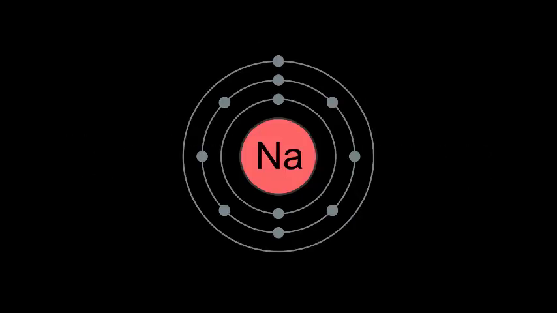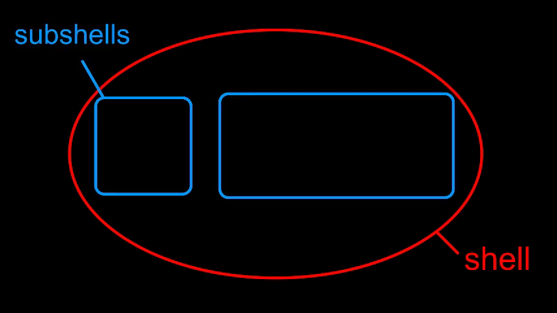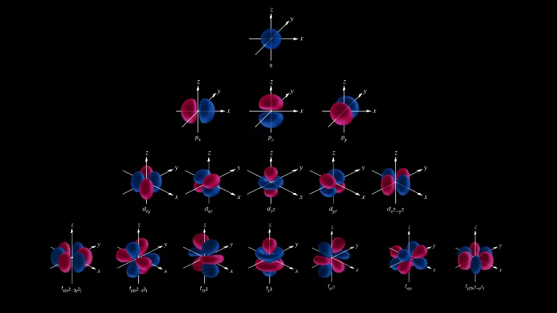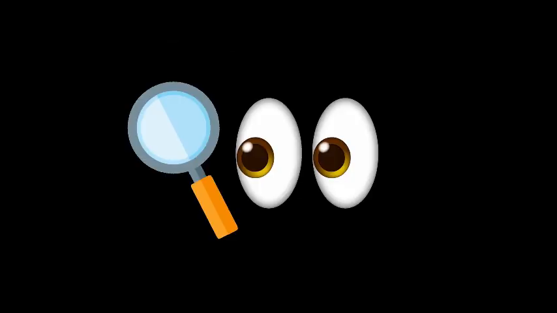All electrons inside an atom are described by 4 quantum numbers: n, l, ml, and ms. n corresponds to the shells, so all electrons with the same n are in the same shell. Within the shells, we have subshells with multiple orbitals, which are 3-dimensional regions in space where electrons could be. We know these exist thanks to Schrödinger's equation, which gives a probabilistic wave function. You can imagine it as a cloud, and the denser it is, the more likely an electron is to be there if we were to look for it.